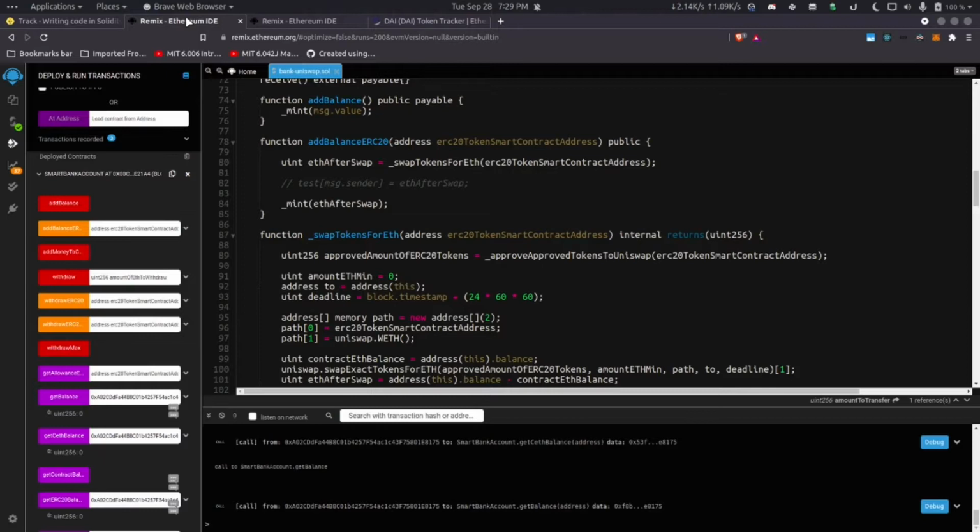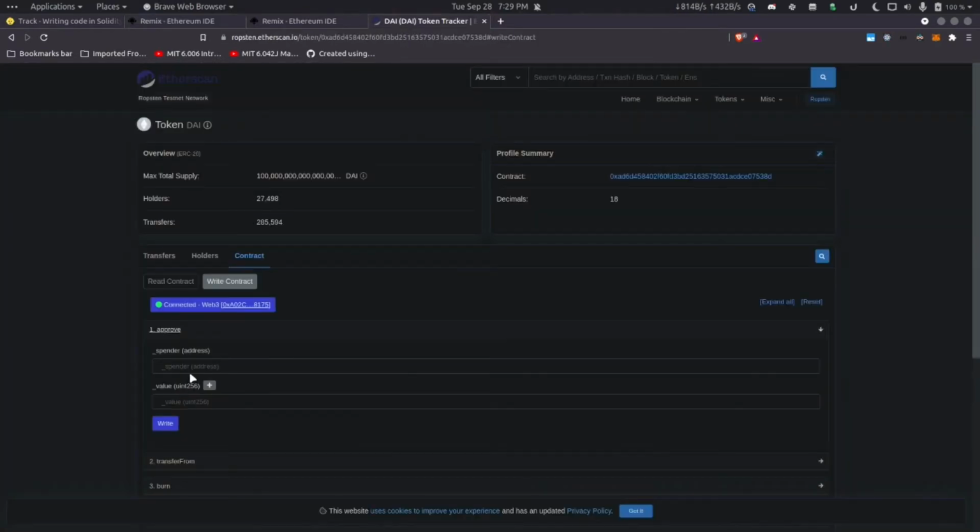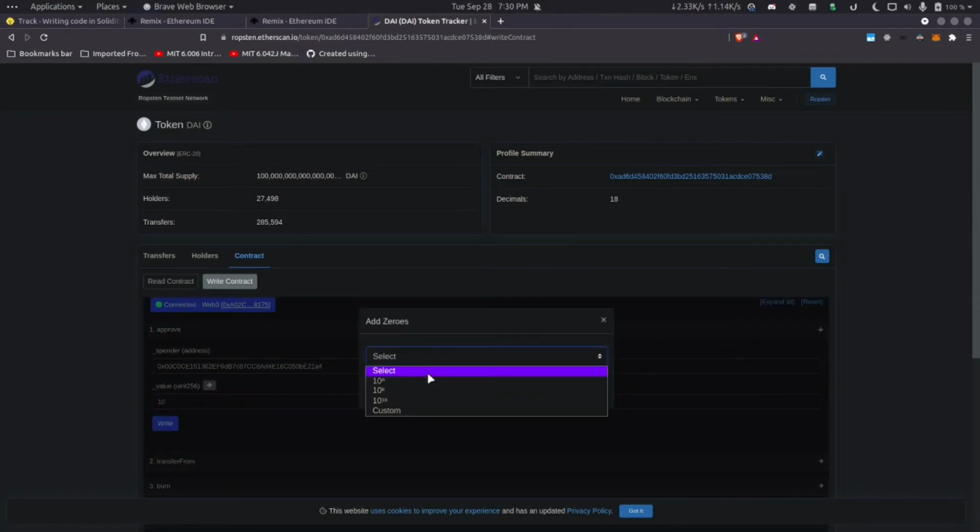So let me first copy the address of this smart contract, which is this one. I copied the address of the smart contract. I will pass it in the spender's address. Okay, and I will pass, let's say 10, and DAI has 18 decimals, so we'll have to convert this into